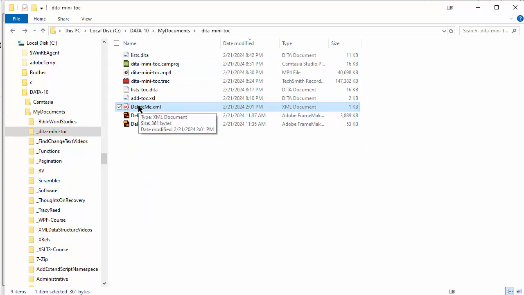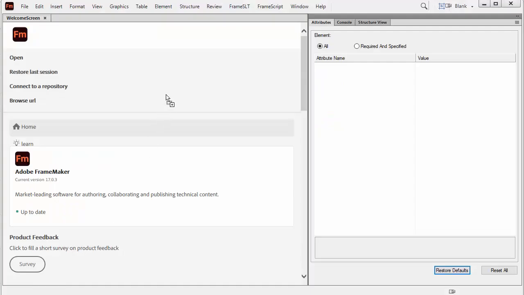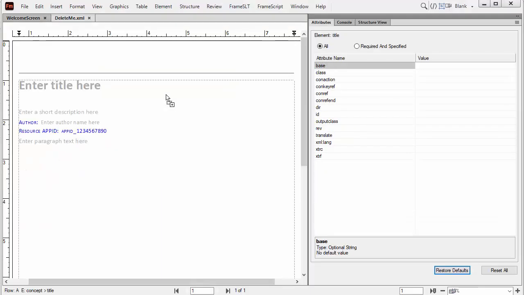sample concept. So what I'm going to do is drag and drop that into FrameMaker 2022. And you can see now that it's actually using that updated template. And if you're still not sure,